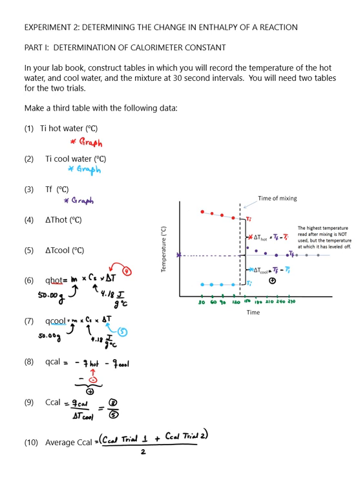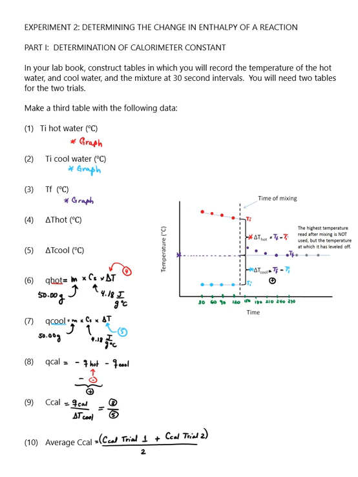So the temperature is not changing because you have thermal equilibrium. So that last temperature that you recorded for the mixture should be your final temperature. And remember, the final temperature is for both, for the hot water and the cool water, because you have both of them mixed together. So you can calculate your delta T looking at the graph